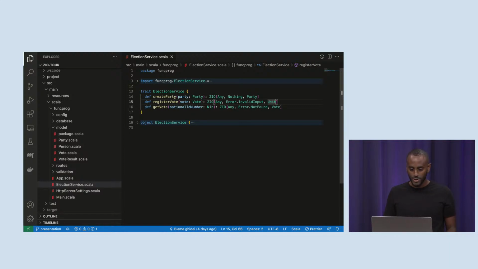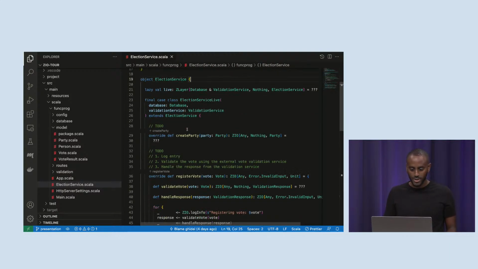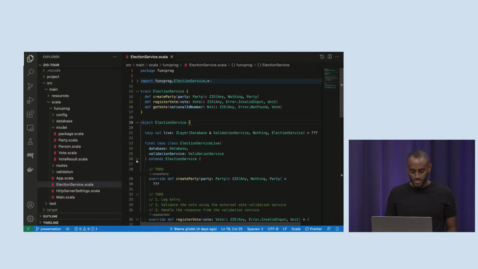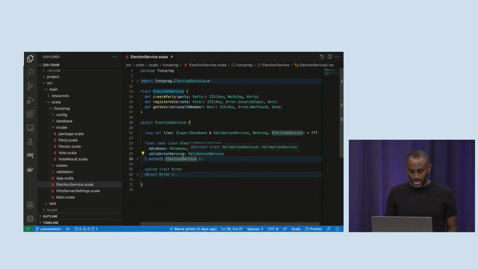Okay, so let's head over to this singleton, and we're going to try to implement this. What we're trying to accomplish here is that we want to provide an implementation for this interface. As we talked about earlier, we're going to see how we're mixing OO features and functional programming features. So here we're back to OO. This is interface OO, and we want to implement this interface. So the way you read this is that we have a class that we call ElectionServiceLive by convention.